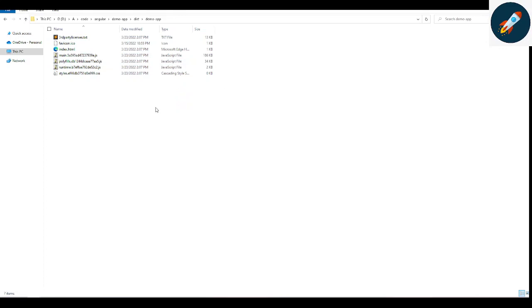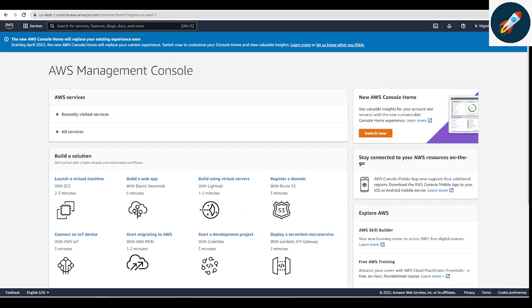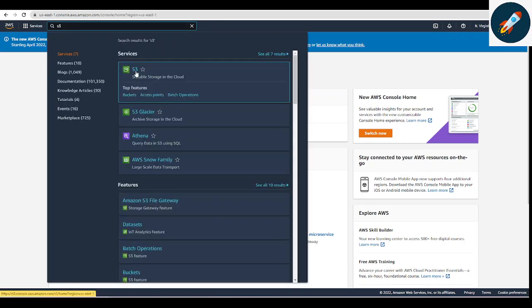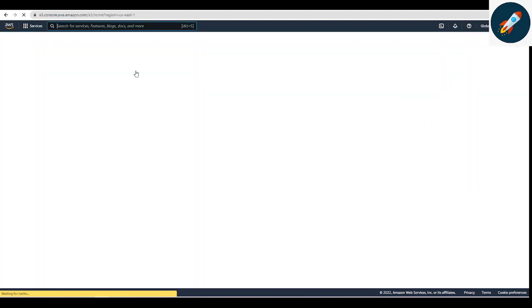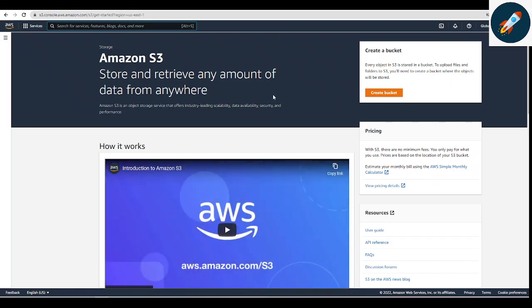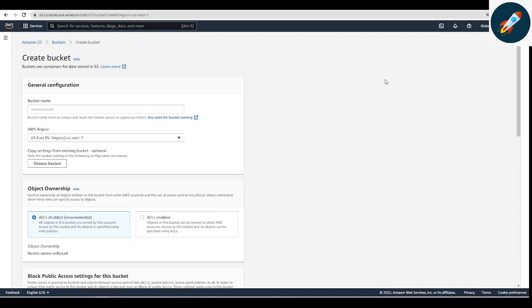So we will go ahead and see now how to host it on S3. So I'll go to the AWS console. I already logged into the AWS management console. I'll go to S3 here. So go to the S3 dashboard. Now we want to create a bucket for this. So I'll go to create a bucket,